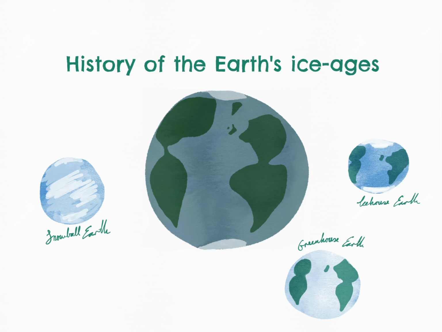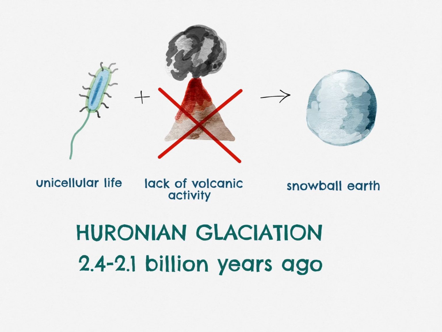This video will cover the history of the Earth's various ice ages and the formation of sea ice in Earth's oceans. The Earth has three main states: snowball, where the entire surface of the Earth is frozen over; icehouse, where there is some permanent ice of greatly varying extent; and greenhouse, where tropical temperatures extend to the poles and there are no ice sheets. The Huronian glaciation, occurring 2.4 to 2.1 billion years ago, is the oldest ice age known